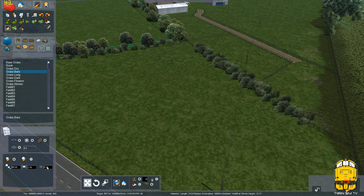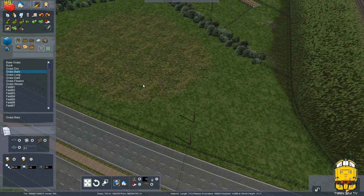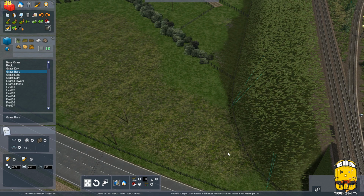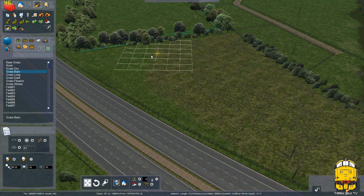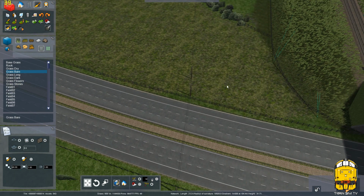Generally I do keep it on 1 because I'm fairly used to how it all works, and I don't want to spend years just doing the painting. Although I do feel that effective terrain painting does make quite a big difference to your route. But if you're not as confident with the tool, perhaps lower the speed so you can learn to use it easier. So all I'm doing here is I'm just going along, I'm clicking, I'm not holding, I'm clicking as I go along,